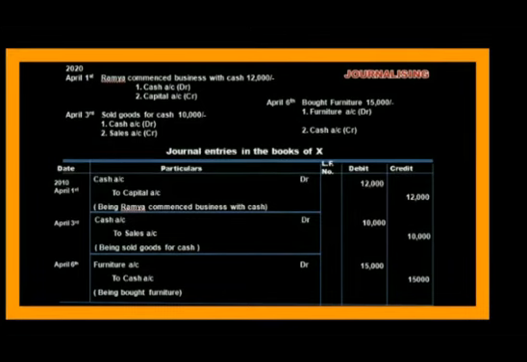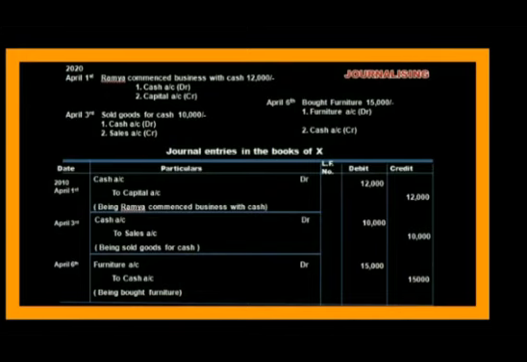After that these three transactions you are going to record in the journal. Okay, so date 1st we should write cash account is debit, then credit is to capital, within brackets being Ramya commenced business with cash. So in the debit column 12,000 and credit column 12,000. After that we have to draw the line. How to read this journal? Cash account debtor to capital. In this way we have to read the journal.